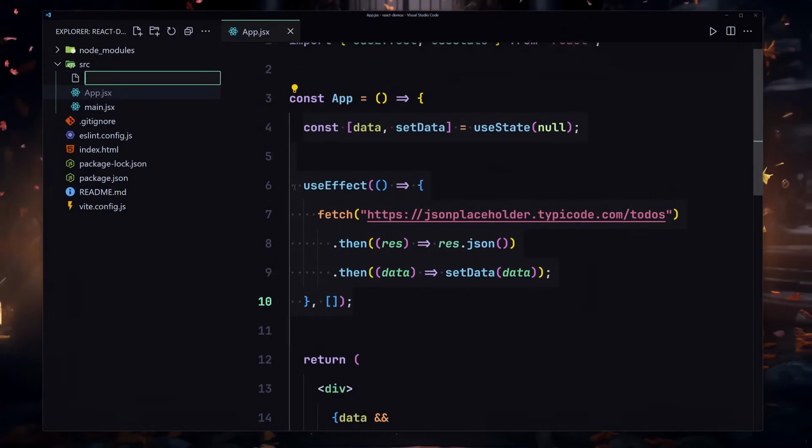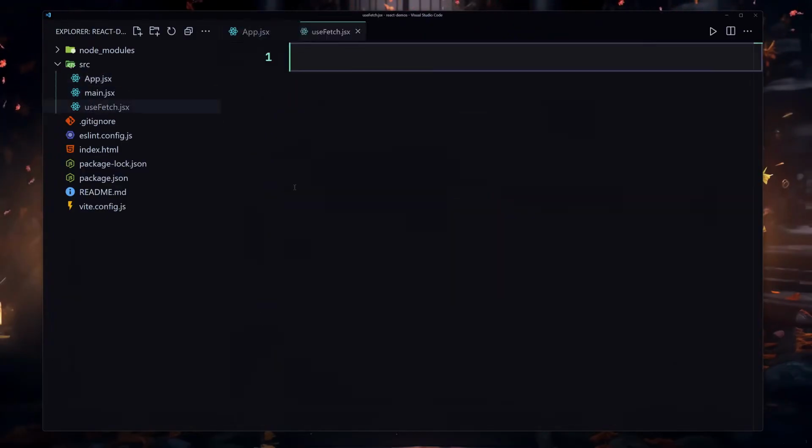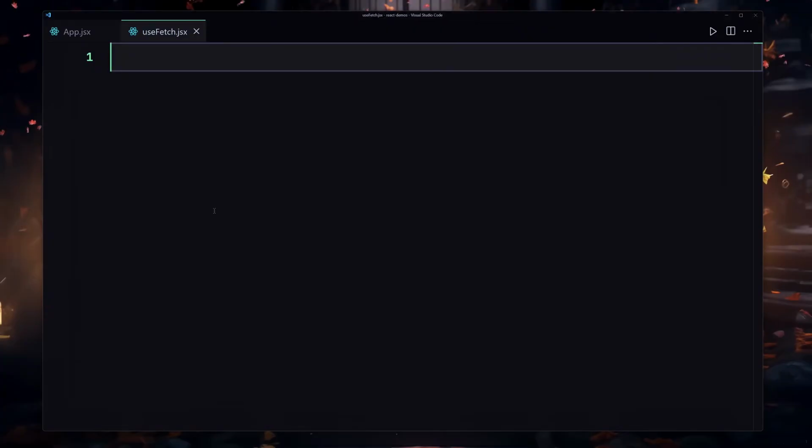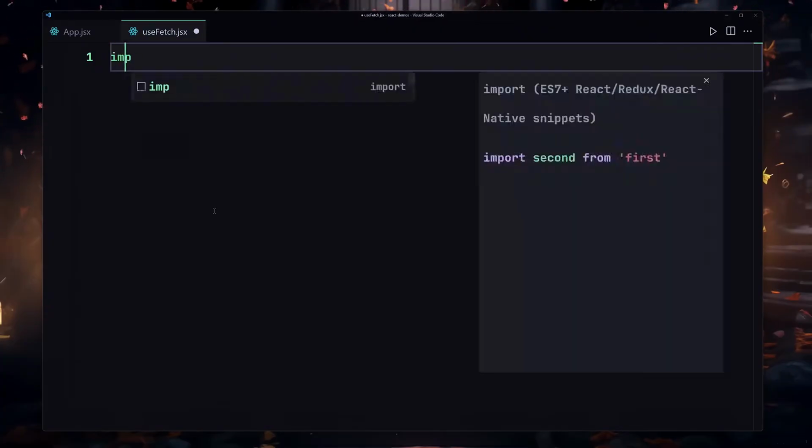So I'll just create a file. I'm going to give it a name starting with "use", because we are creating a hook. So I'll just give it the name usefetch.jsx. Okay, and now inside this usefetch method, I'm going to first of all import